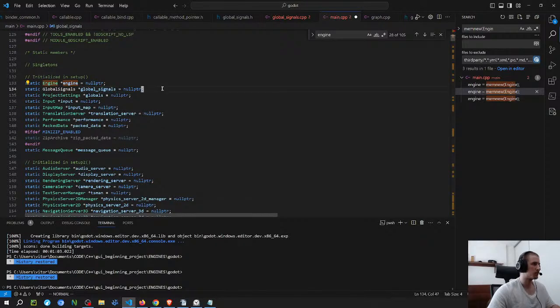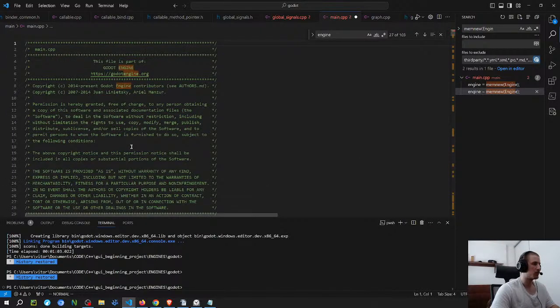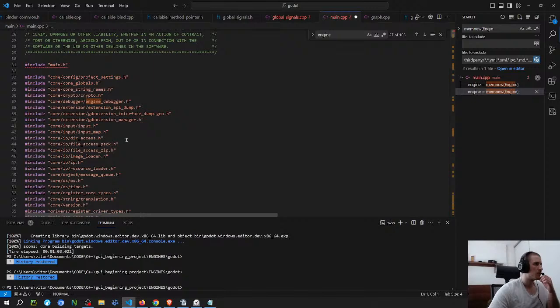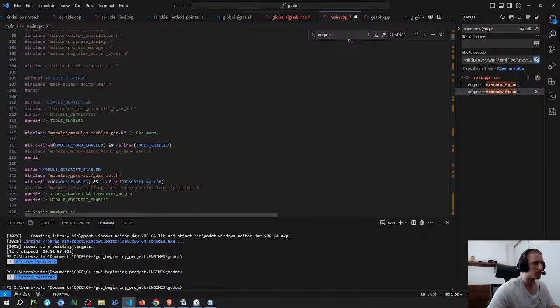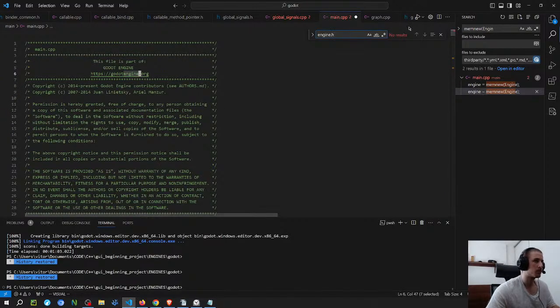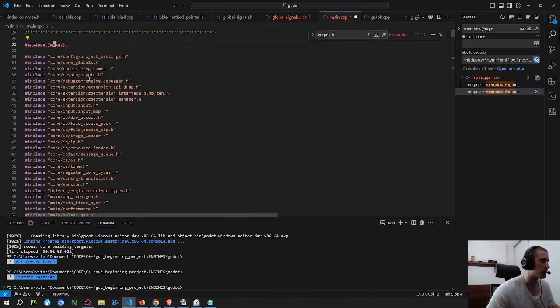All those signals. So let me see where they include the engine. It doesn't. So it probably includes the engine somewhere that includes here.